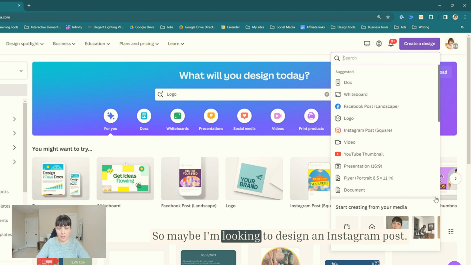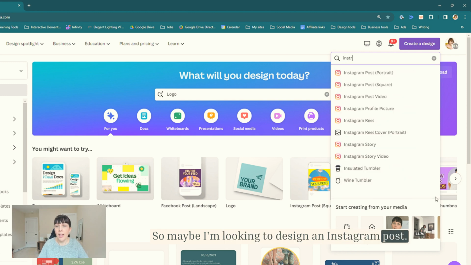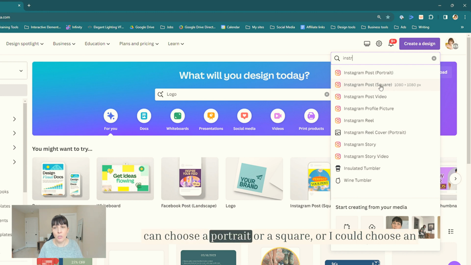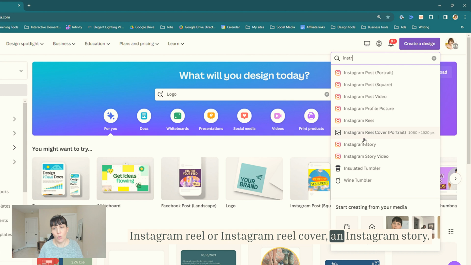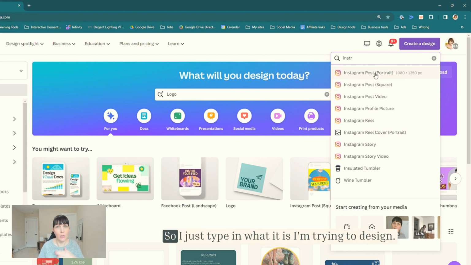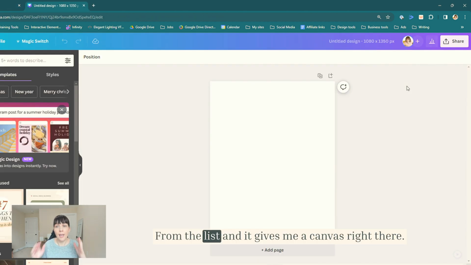So maybe I'm looking to design an Instagram post. Canva has all of those dimensions saved in here. So I can choose a portrait or a square, or I could choose an Instagram reel or an Instagram reel cover or an Instagram story. And that way I don't even have to think about what those dimensions are. So I just type in what it is I'm trying to design, choose from the list, and it gives me